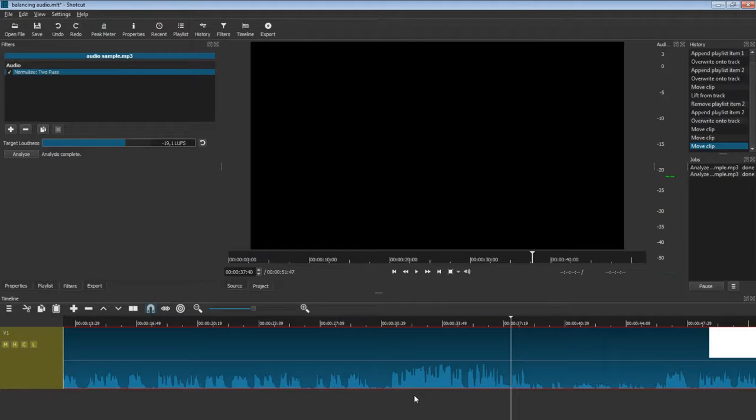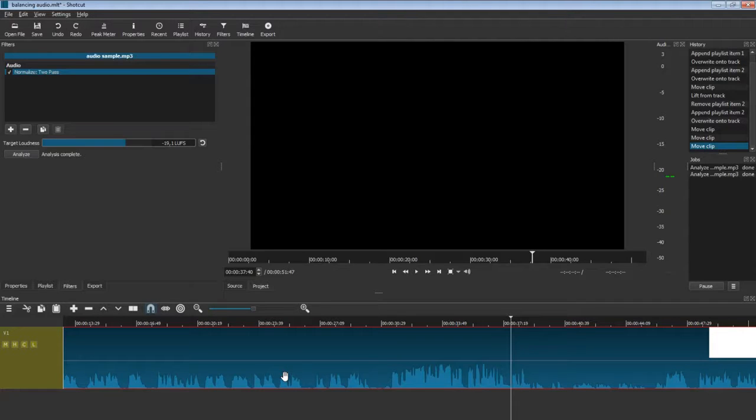The problem is, however, that if you are setting the target loudness to some value, then the volume of this audio is not going to ever be louder than the target loudness. But if there is a peak in the audio that already reaches this target loudness, and the rest of the audio is very quiet, like it would be here. Here we have very quiet audio, and then here it's already at the peak. Then this part of the audio, the quieter one,